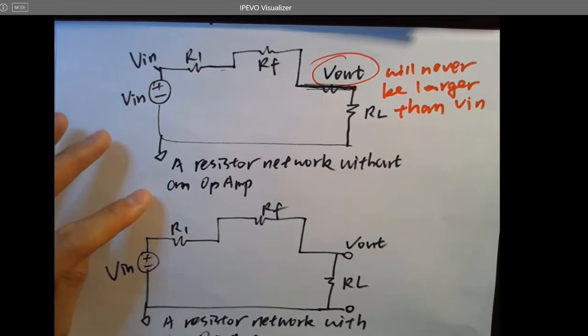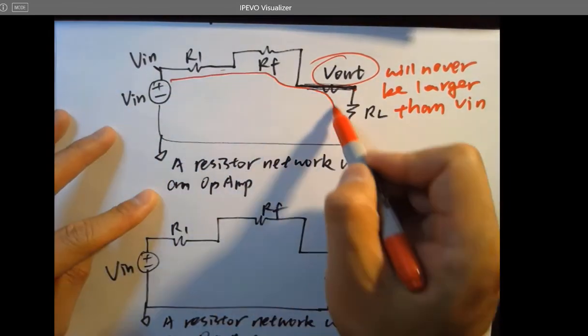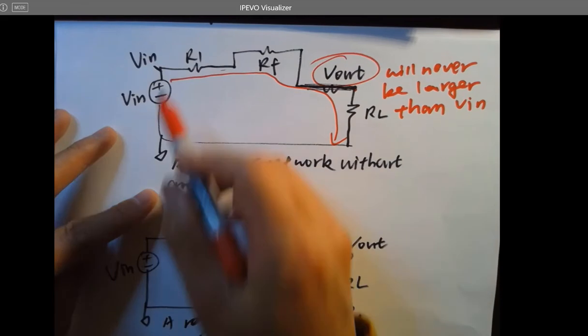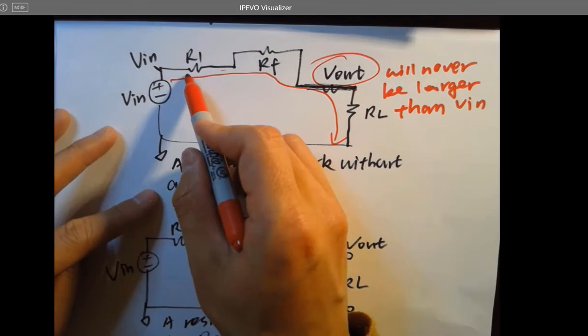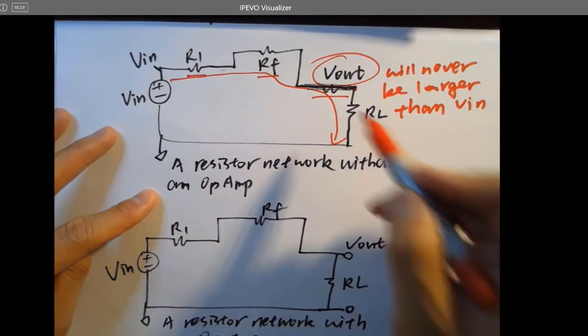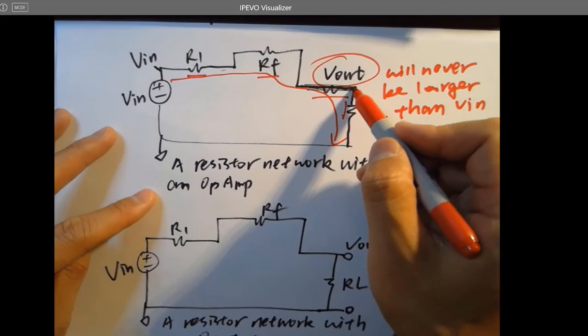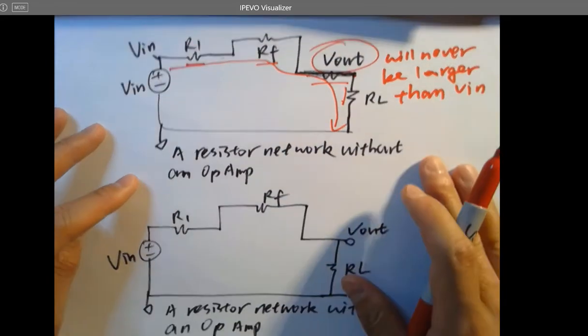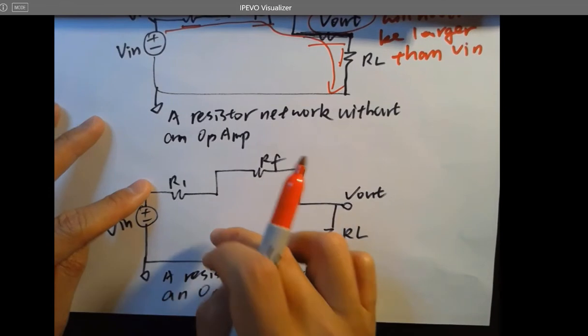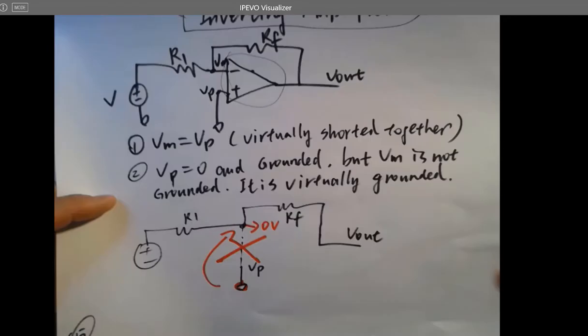right? Because you have a current flowing through the circuit until the ground, and so the voltages will be dropped once, twice, and third times, and fourth time. You are always getting a lower voltage here compared to V in. However, if you have an op-amp being connected into the circuit like this,